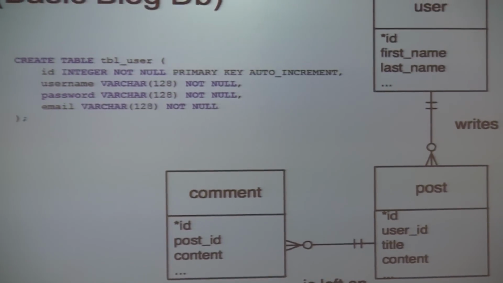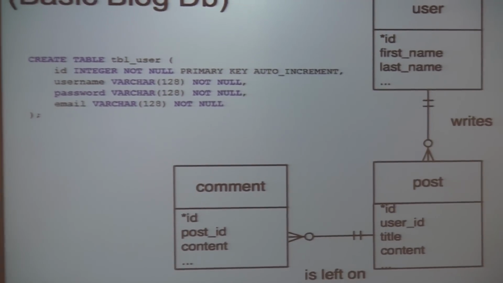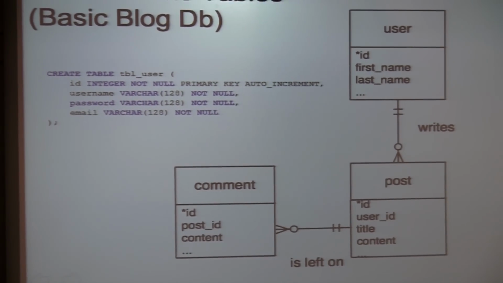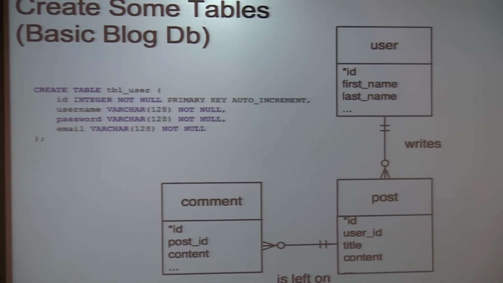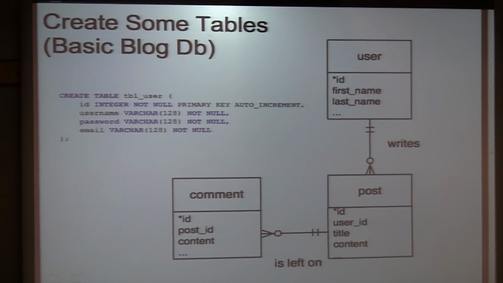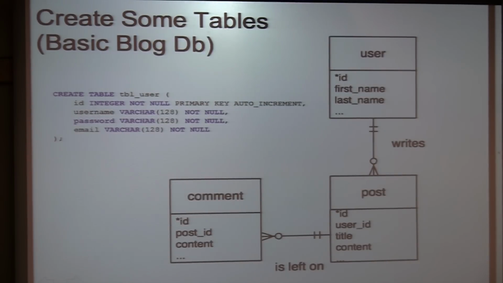So then we might move on to thinking about our data model a little bit. If we're going to store something in our persistence tier, we might model it out. You don't have to go too far, but for a basic blog post, we might think about a user and the thing that they want to write, which is a post, and then maybe some comments on that post if you're going to get a little fancy. I think that might have been an extra credit option. So you use your favorite tools to do what you need to do at your database layer,